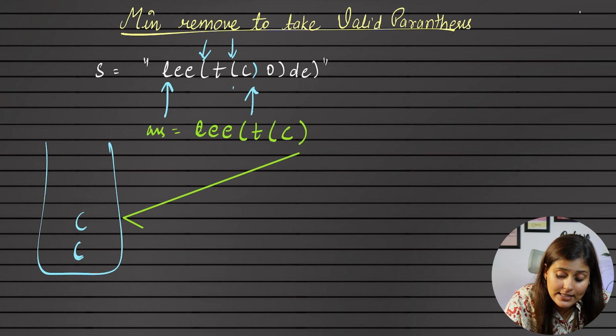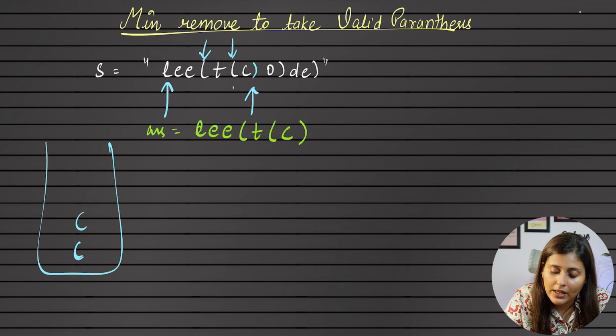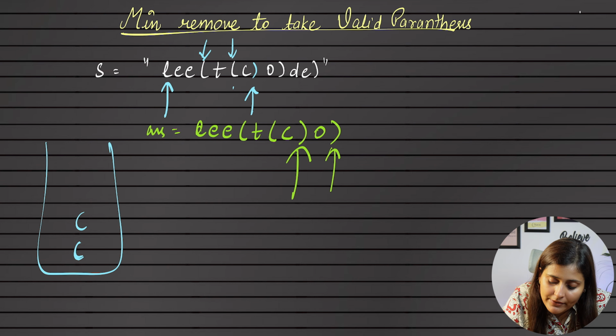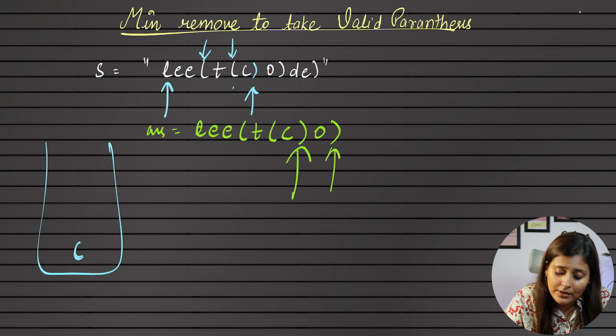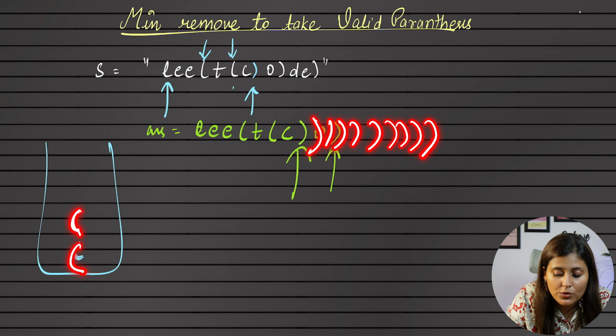Extra open bracket? Yes, I had. So this closing bracket is valid and I will put it. Now again this closing, should we put it or not? For the previous closing bracket you found, it is very important to delete. Otherwise it might happen that we had only 2 open brackets and we might find multiple closing brackets.